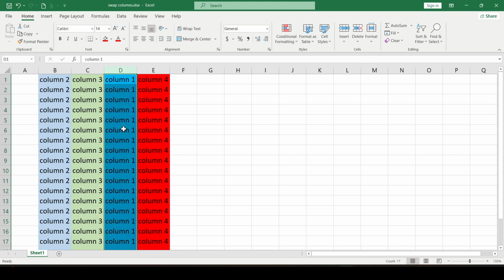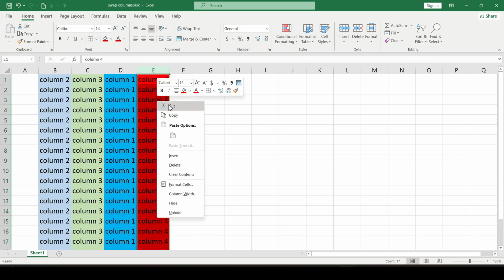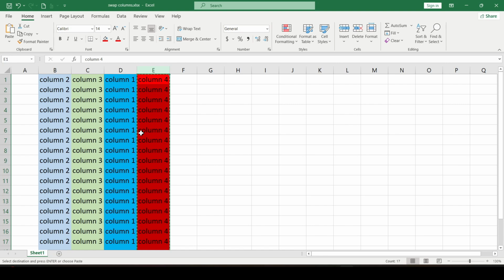If you don't want to look out for that little cross, then we'll use another method. Select the desired column, click the right mouse button and select Cut. A dashed line appeared around our column. Now select the place where we insert our column, for example here, and on the main tab select Insert and